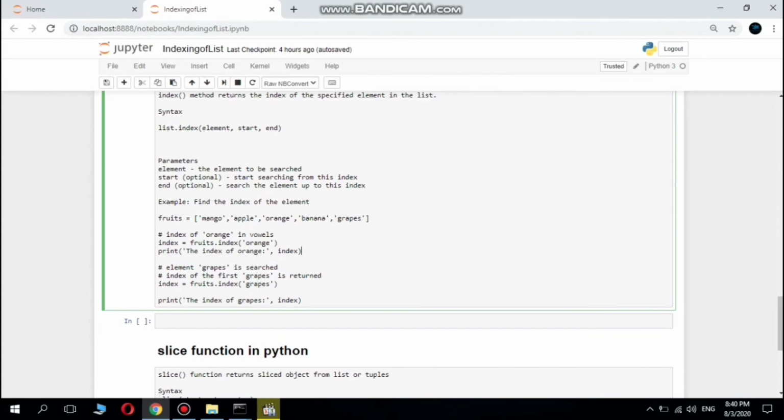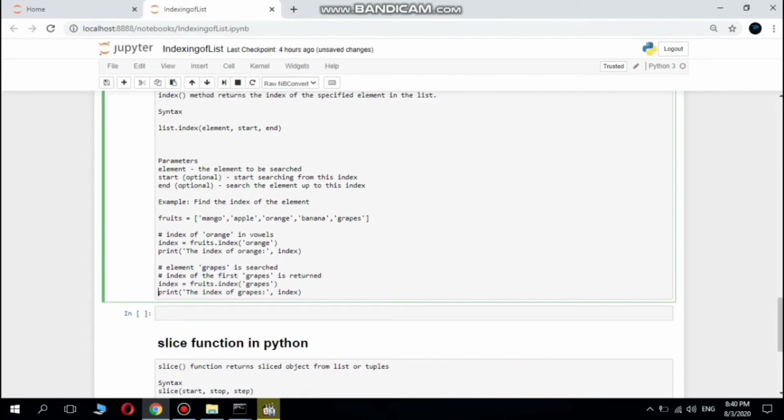Similarly for grape, I will call the index function on the fruit list, pass the element as grape, and print the index of the grape. So what should be the output? The index of orange is the third element, so the index will be 2, and for grape, the fifth element, the index will be 4. Let's print it and see.